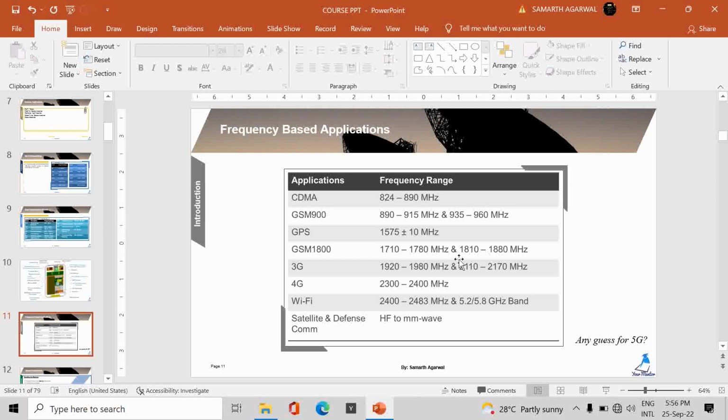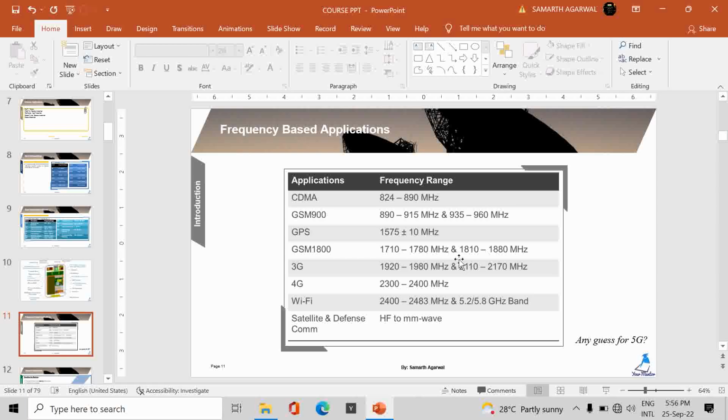Then further, if I talk about 5G, that is fifth generation, I have already told that it lies in the K band, that is 27 to 40 gigahertz, in which 26.5, and then further 28, then 36 and 38 even. Sometimes these bands are allocated for 5G communication.